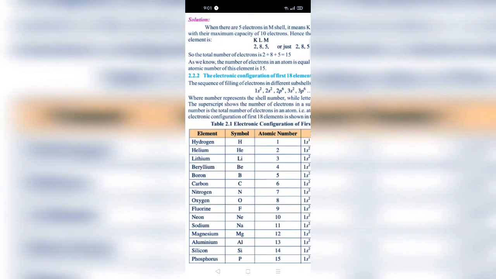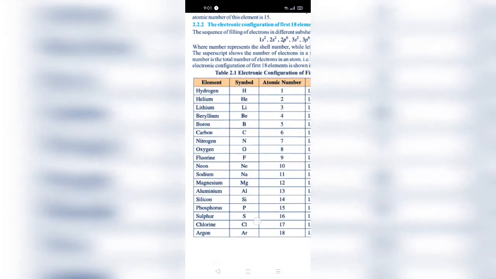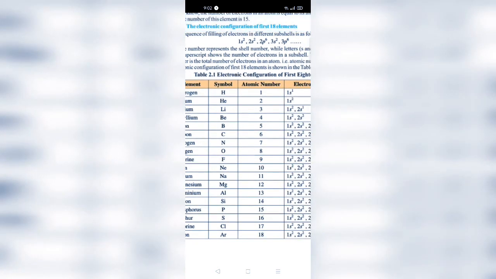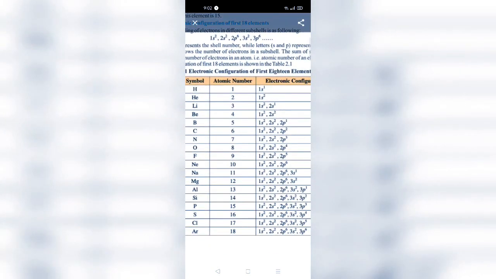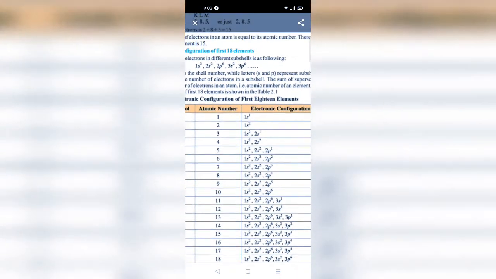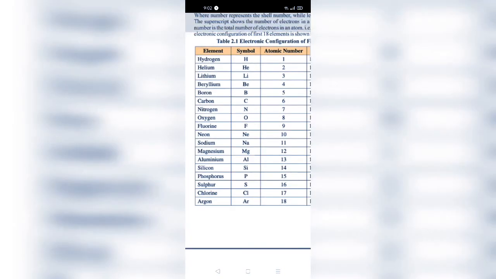So here is an example of different elements: hydrogen, helium, lithium, beryllium, boron, carbon, which have the atomic numbers given, and their electronic configuration is also given. You have to practice this in your notebook,